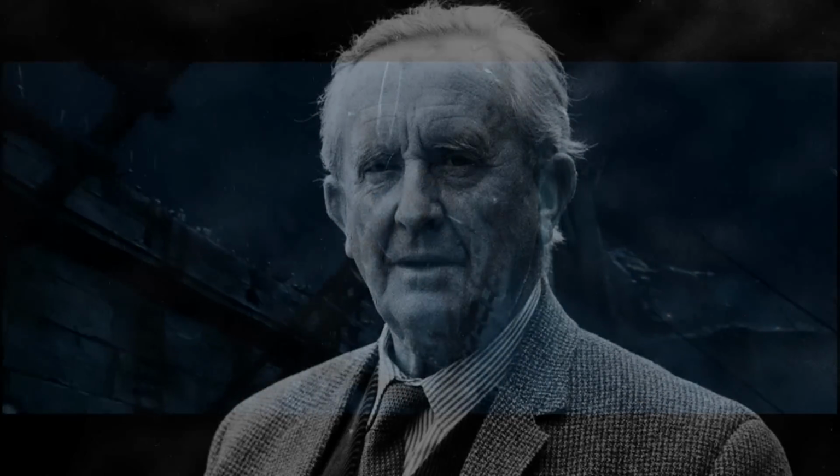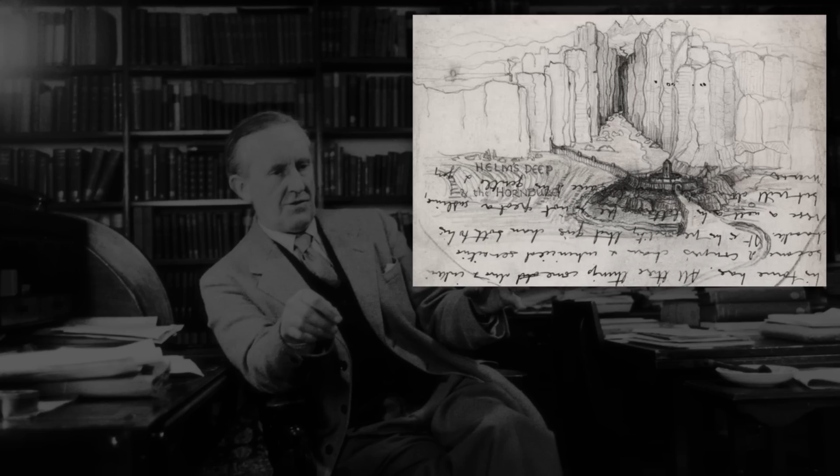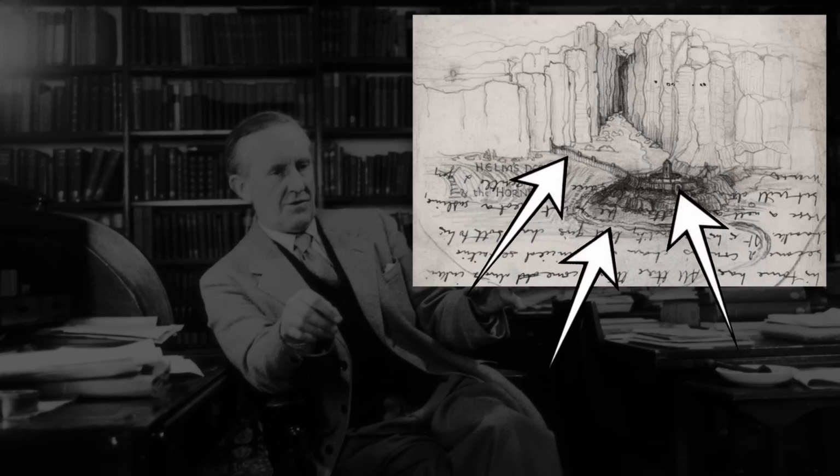And we know what is canon because J.R.R. Tolkien himself drew a sketch of Helm's Deep. And guess what? Tolkien's sketch is much different from what we saw in theaters. Here is Tolkien's drawing. The Hornburg, the Deeping Wall, the Deeping Stream, they're all here, but notice how different it